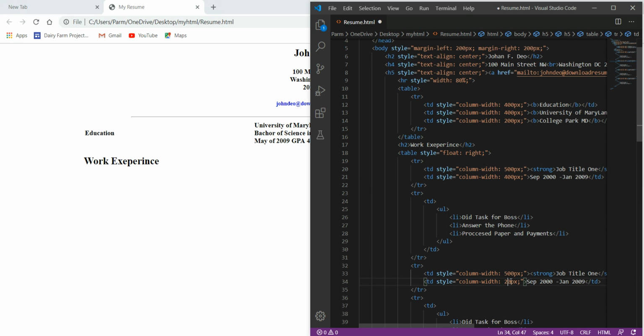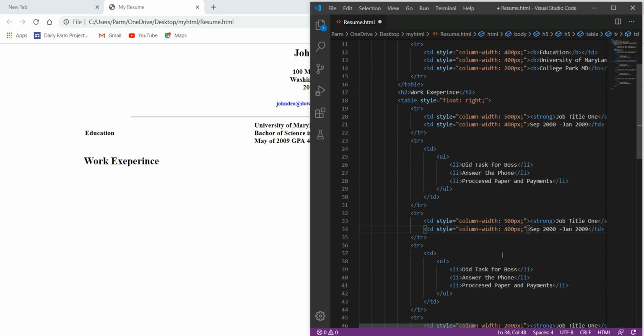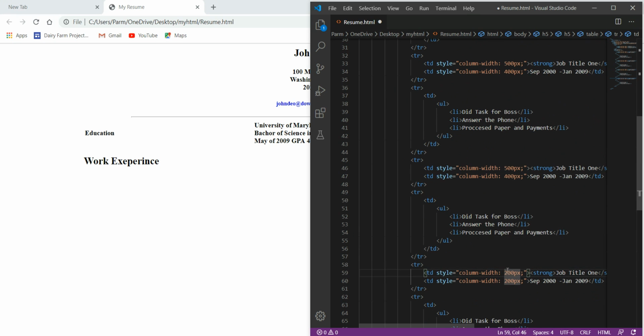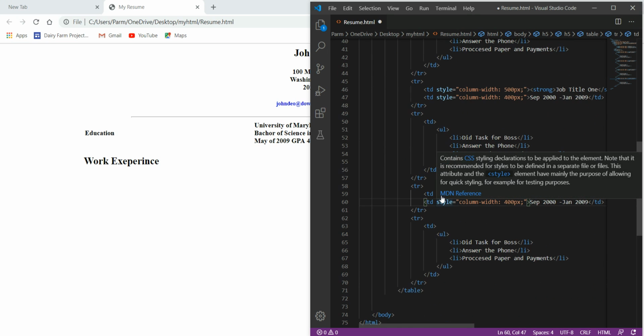Here we go with 400 pixel, 500 pixel and here 400 pixel. 500 pixel, 400 pixel. Save the changes.